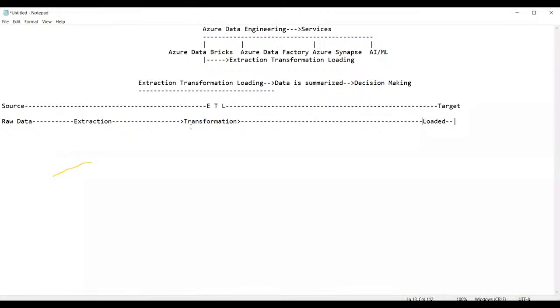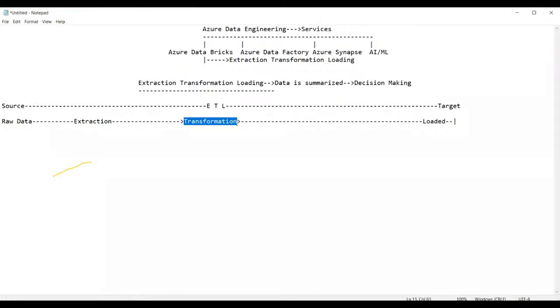Loading. Same way, guys, picking up the vegetables. There are multiple, 100 vegetables, but you are picking up only 5 vegetables. And the process of picking up vegetables from the supermarket is called as what? Extraction. It is called the process of extraction. Once the extraction is done, then what you are doing? Transform. That means you're getting them home and chopping them, cutting them, putting them into the bowl to cook, and ultimately cooking those vegetables.